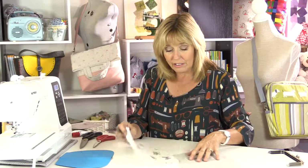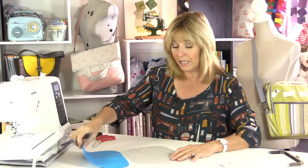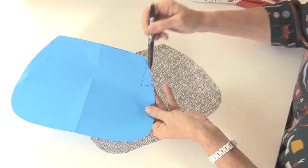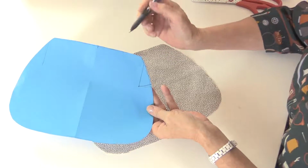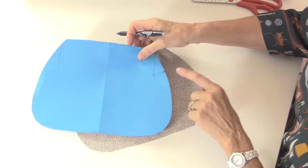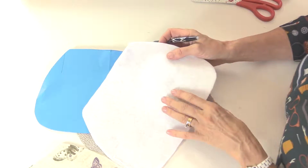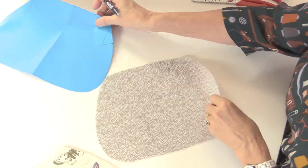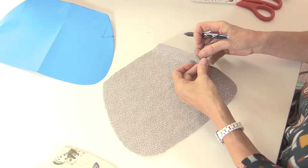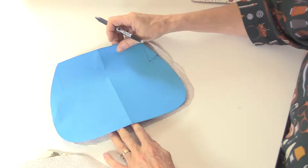So let me take the two lining pieces, and remember where I made this swing out shape on the side here, for want of a better expression. I need to mark here on the lining pieces, and I'm only marking on the lining pieces because on the back of the outer pieces I've got fusible fleece, a little bit more difficult to mark. So let's take the wrong side of my linings, place my pattern over the top,